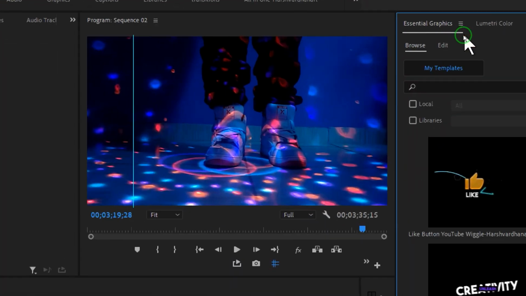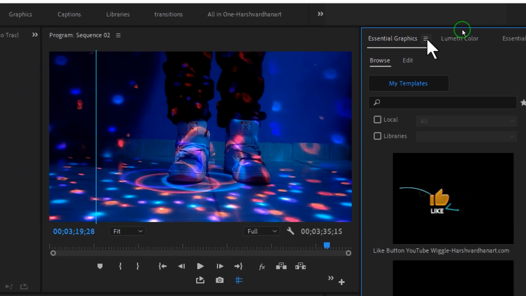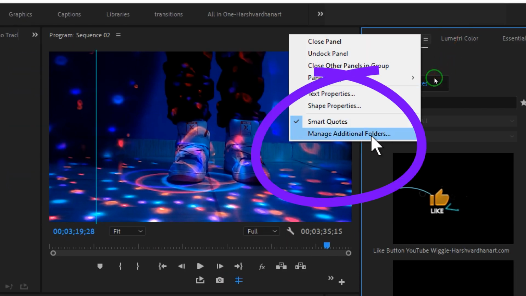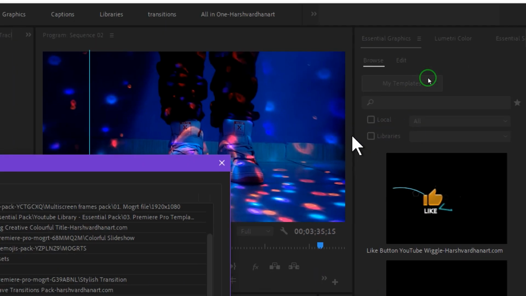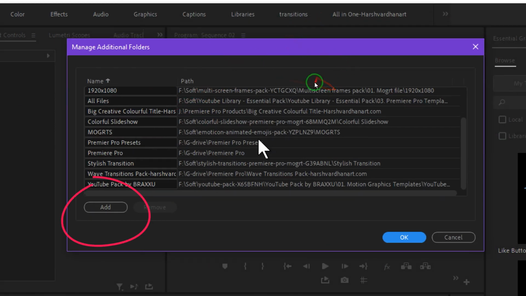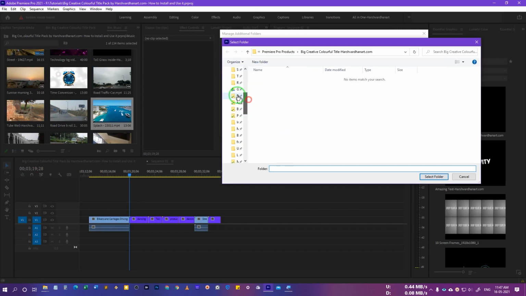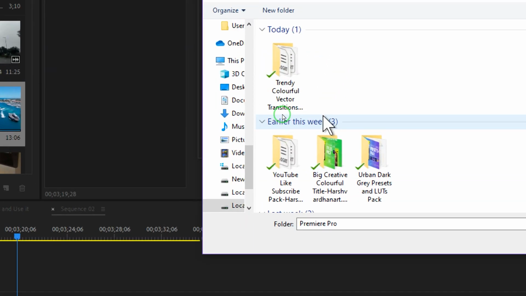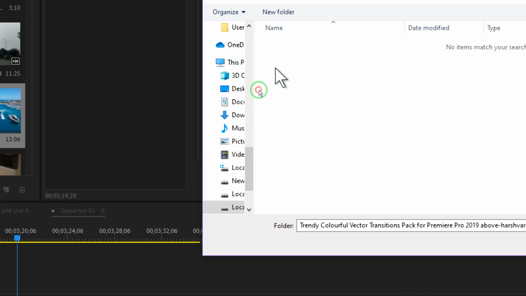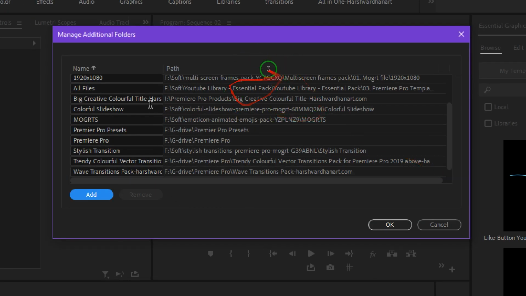So here you have to come to the Essential Graphics, and over here you will see this hamburger menu, and you need to just click on this, and over here you will see this option, manage additional folders. All right, so just click on this. That would open up a new dialog box like this, and then you need to click on the add button, and then you need to browse to the downloaded location of this Trendy Colorful Transition Pack. And once you select this folder, and thereafter click on select folder, that way it would be available somewhere on this list. And thereafter you need to just press the OK button,